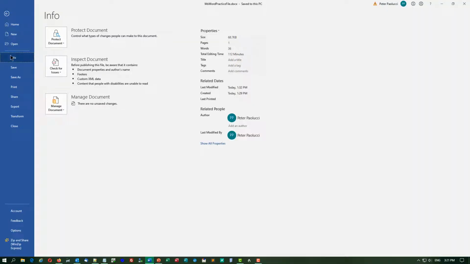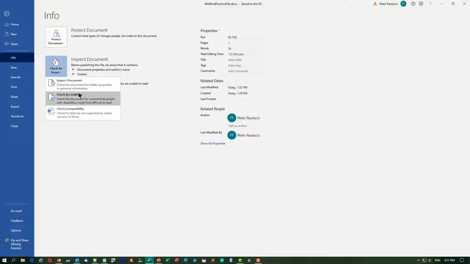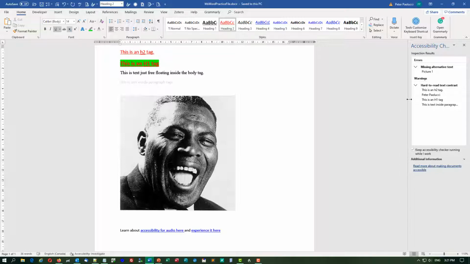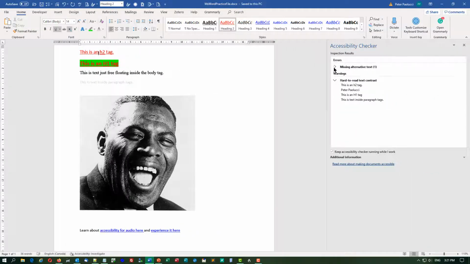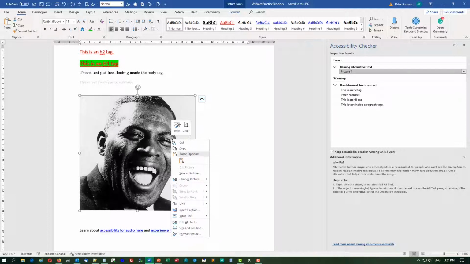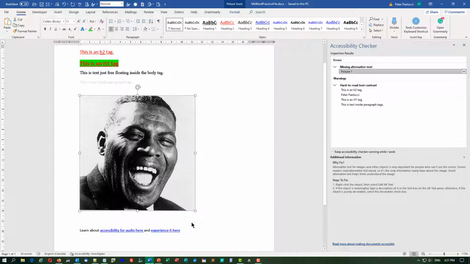I'm under File, I go to Info, and I go to Check for Issues. It's the middle menu item there. And down here, I want to take this option that says Check for Accessibility. And what appears here in the right-hand margin under these collapsible menus is, first off, it's telling me that I need an alternative text for this particular image. So when I right-click on the image, there's an option here that says Edit Alt Text. So I go in here,